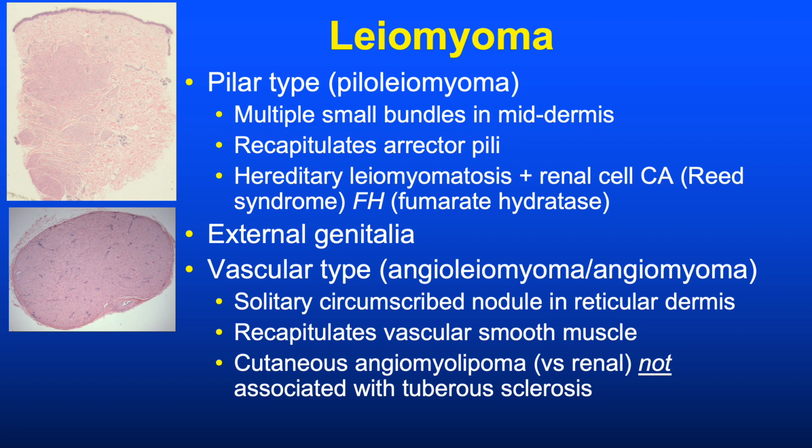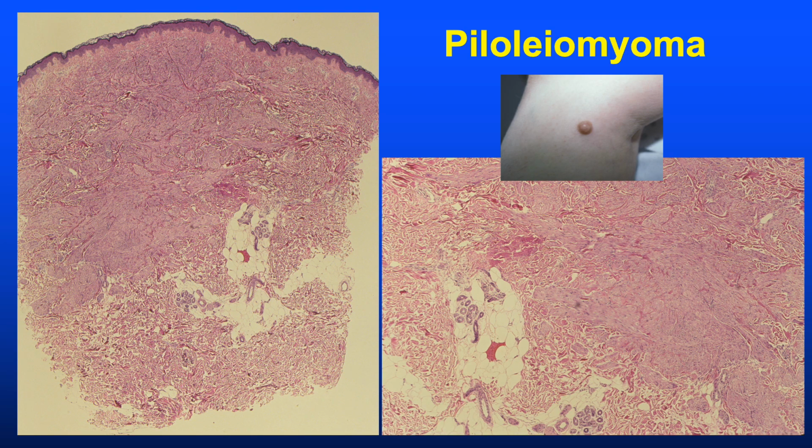And for those who are into the genetics, multiple pilar leiomyomas are associated with hereditary leiomyomatosis and renal cell carcinoma, Reed syndrome, associated with the fumarate hydratase mutation. And for vascular type leiomyomas, there's a variant called cutaneous angiomyolipoma, which in contrast to the renal angiomyolipoma is not associated with tuberous sclerosis. In this example of piloleiomyoma, we see the histologic images of the clinical lesion depicted here from my old resident collection,